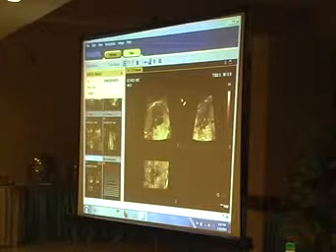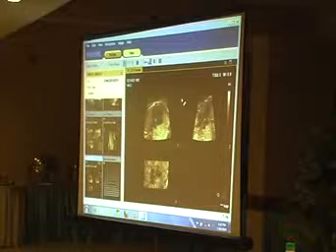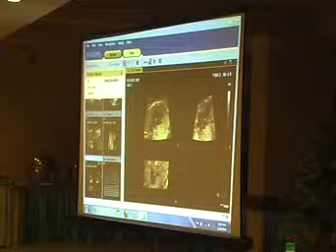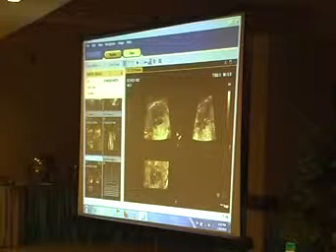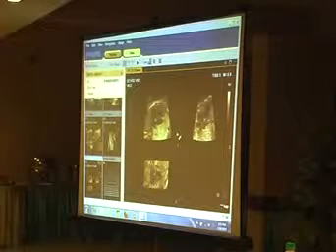So it's similar to VCAT software of the E8 and the higher end GE machines, but with multiple advantages. Number one advantage of this is